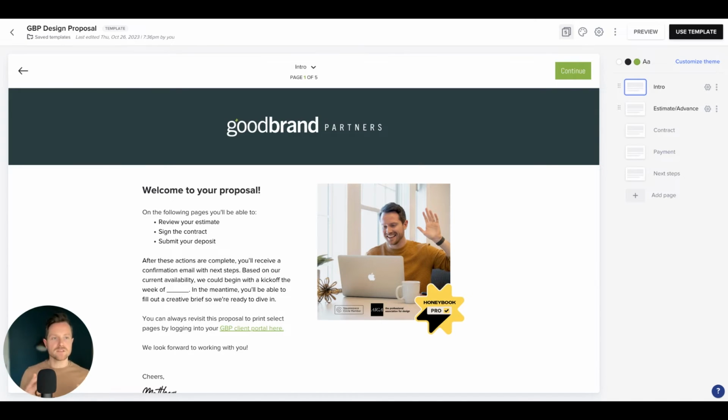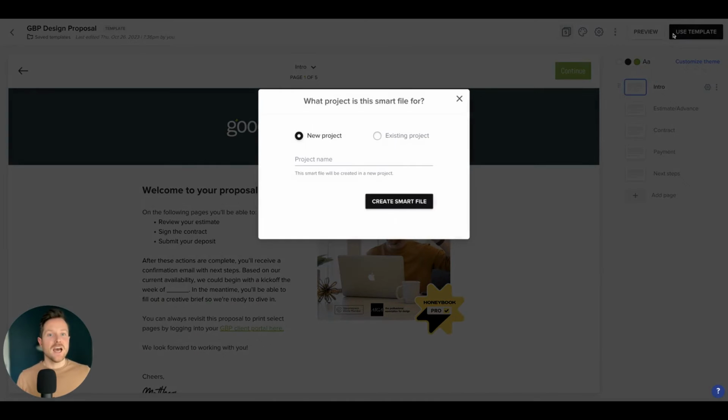Right, so smart files could be just an invoice. They could also be an invoice and contract, invoice, contract, payment, all that good stuff. It could even be a brochure that people select a service from, and then the invoice is auto-generated, which is pretty freaking cool. Now, you're able to preview the templates,